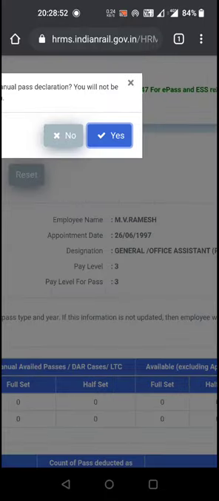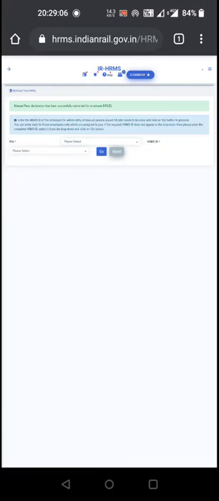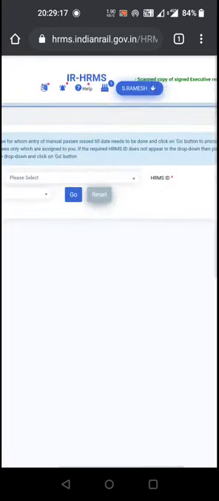For everything it will ask you the confirmation whether yes or no. If by mistake you have clicked submit, you can click no and come back and get it updated. If you are confirmed that it is okay, then click on yes, so that the manual entry data of the selected accepted family declaration employee has been sent to the party. Now what happens is that you log out from your session.